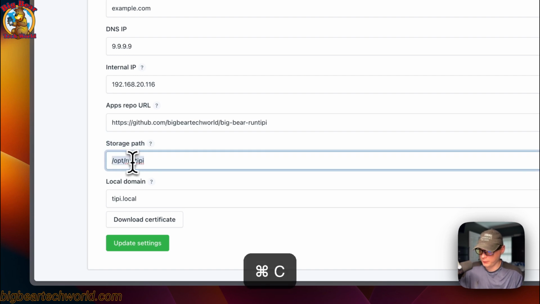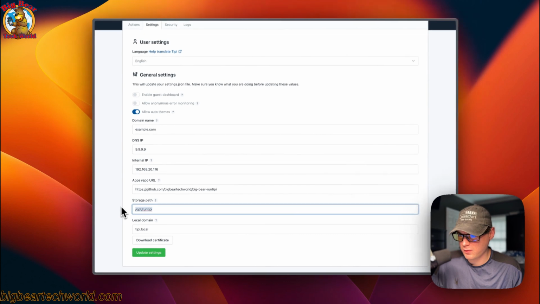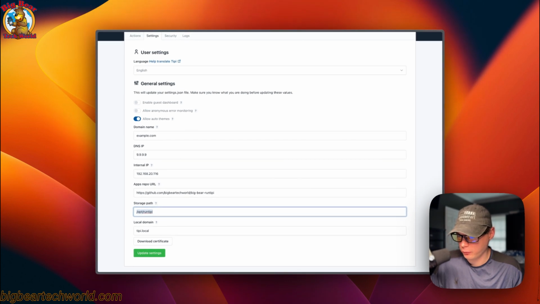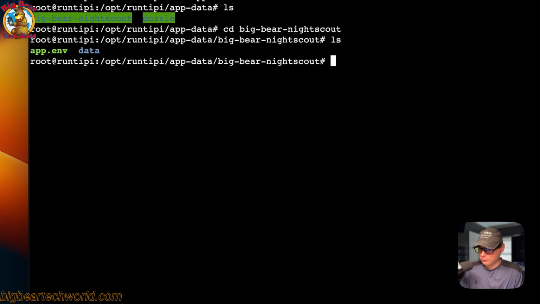So I'm going to copy it, and then I'm going to SSH into my RunTipi and show you where the files are located. So now I'm SSH into my RunTipi, so I'm going to show you where the files are located. So CD and then opt RunTipi, and then ls, and then now you see app data right there, so I'm going to go into it, and then now you see Big Bear Nightscout right there, so I'm going to go into that,